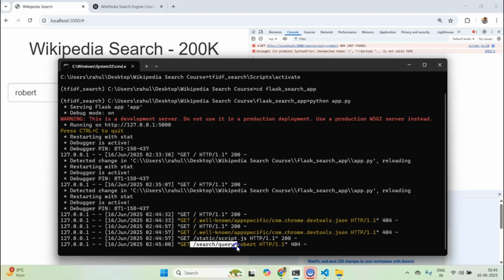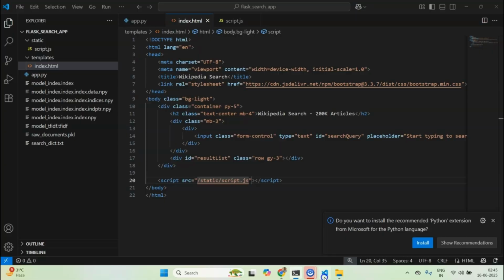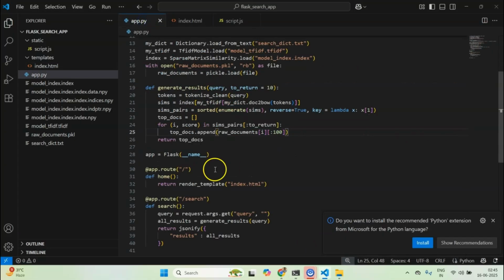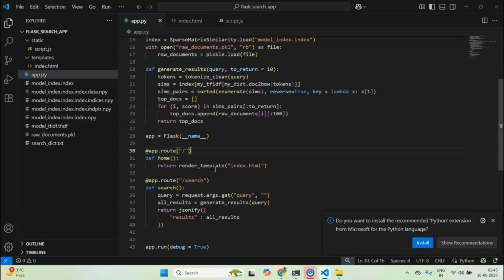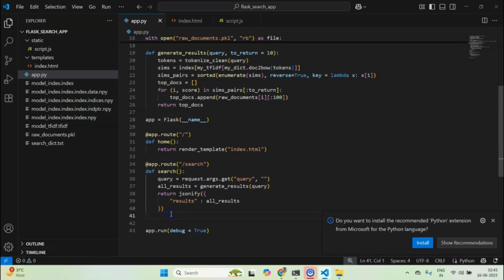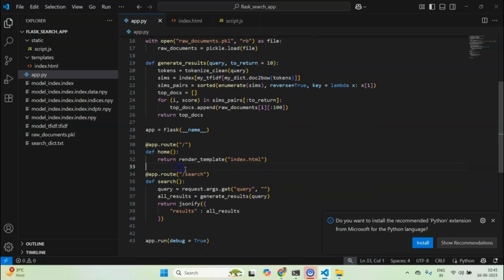So we are calling get query Robert, and it's returning 404, which means not found. Okay, and if I go inside the app, we clearly have a route, app.search. We clearly have a route, app.search, and inside here, why is it not being called? Okay, did I spell it correctly?